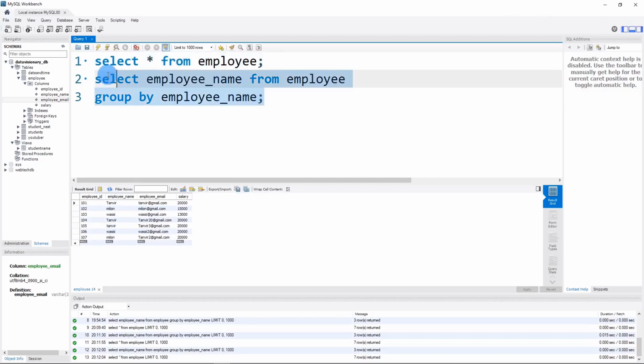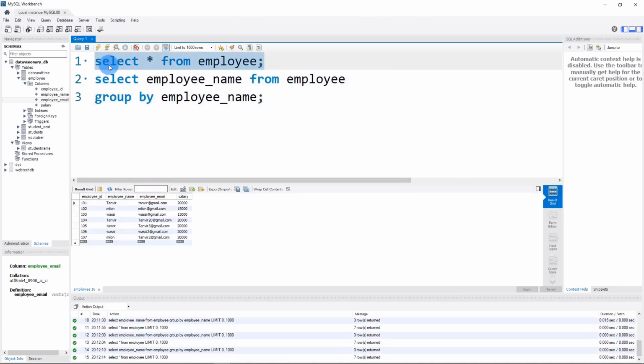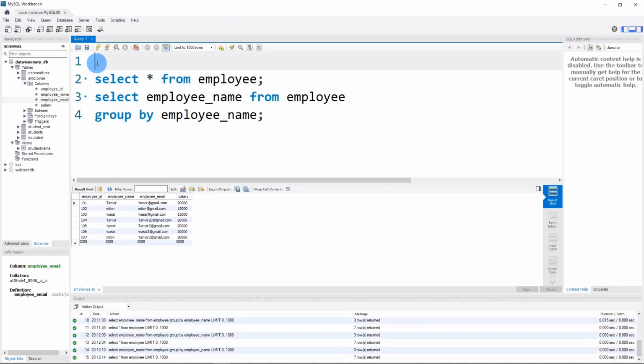So it will actually create a group for Milan and it will show only once. Now let's say I want to insert. At first I will say insert into the table employee, and I'm going to say it here, let's say columns and values,